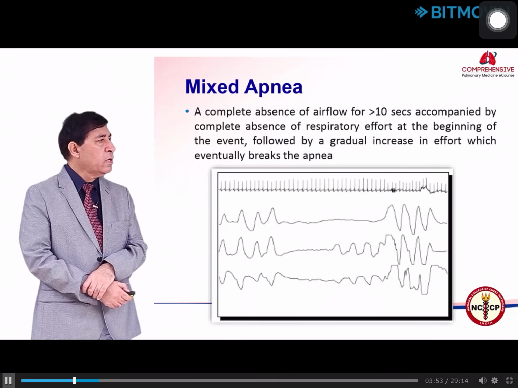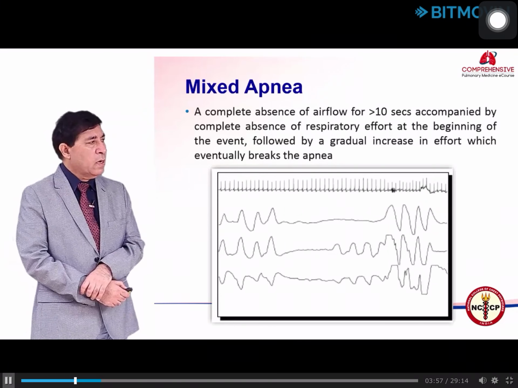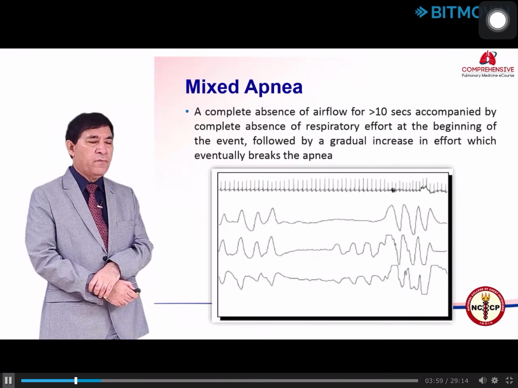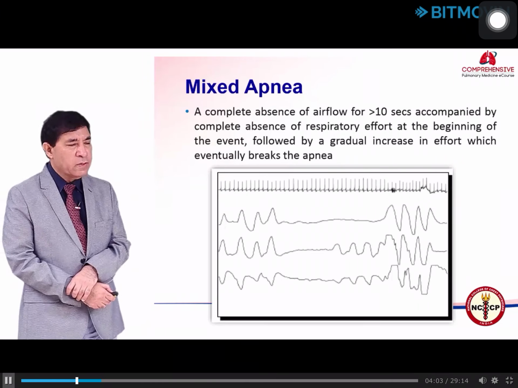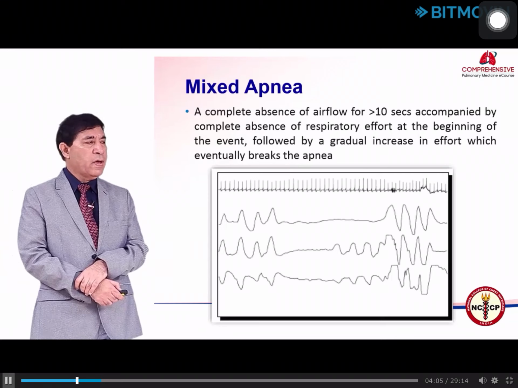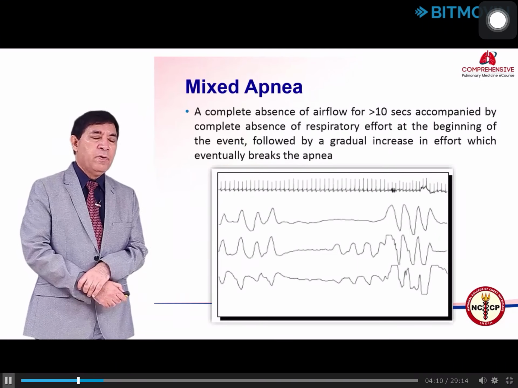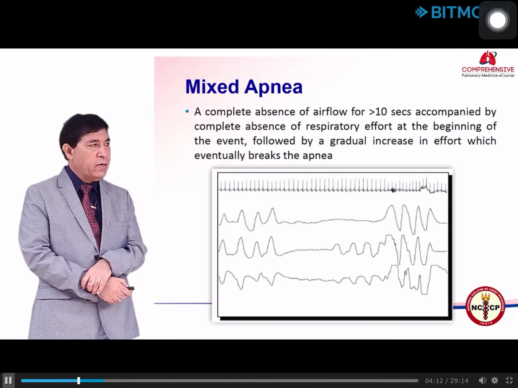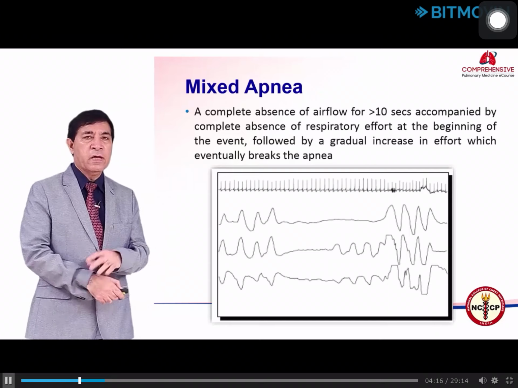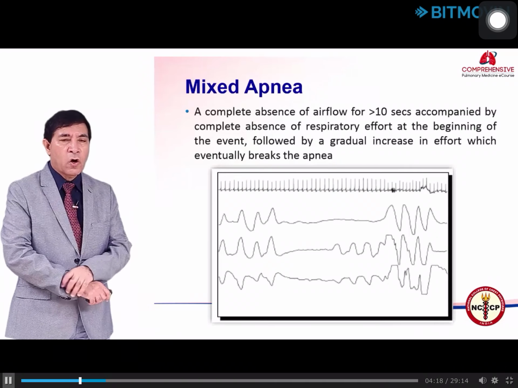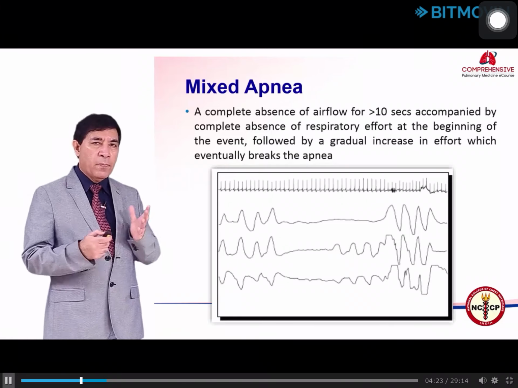So, here is what you see as a mixed apnea. Here there is a complete loss of flow, but in the initial part you can see that there is no effort, and then it is followed by effort. The initial component we call central breathing, where there is no flow and no effort, and in the later part there is no flow but there is an effort. This kind of disordered breathing we call a mixed apnea, and it is usually a part of obstructive breathing only,